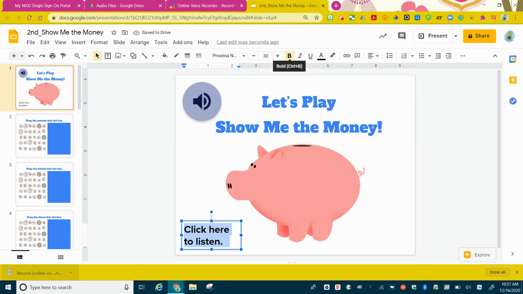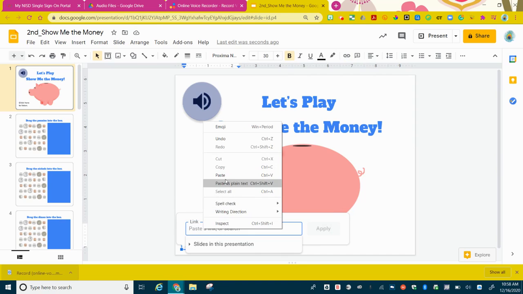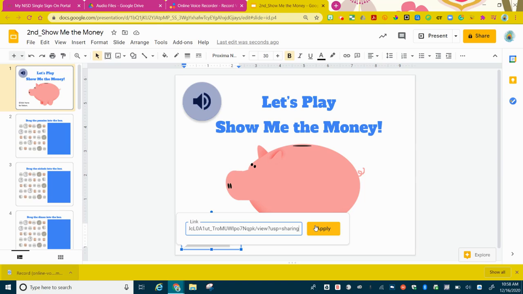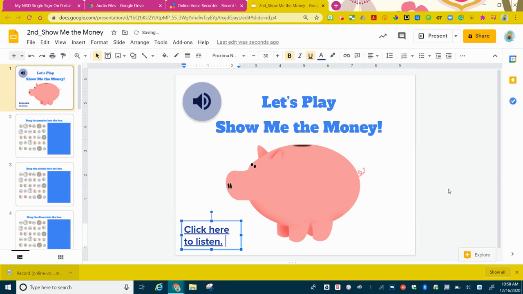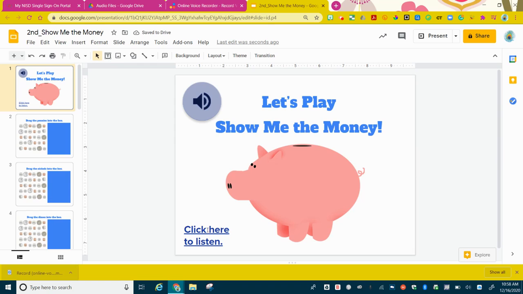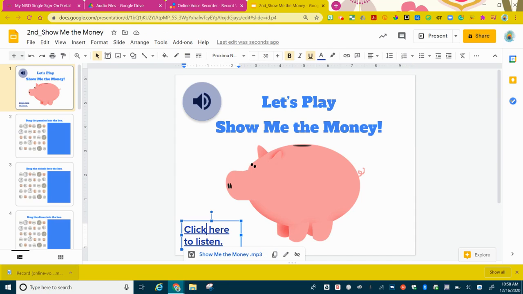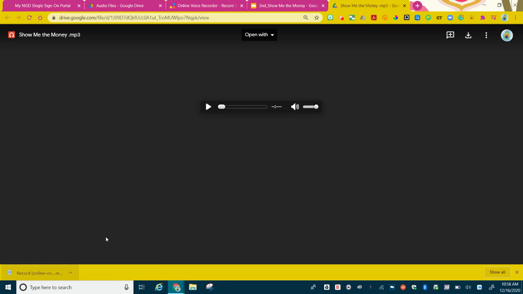Now I'm going to hyperlink the audio to this text. So I'm going to click on the hyperlink button right here, insert link. I'm going to right click and paste that link that I just made a copy of a few seconds ago and click apply. Now students on the iPad will be able to click on this link and press open, and it'll automatically play that MP3 file for them. So there's always a workaround. I know it's an extra step, but if you have students on an iPad and they really need to listen to those directions or you want to give them feedback, it's worth the few seconds that it took to add